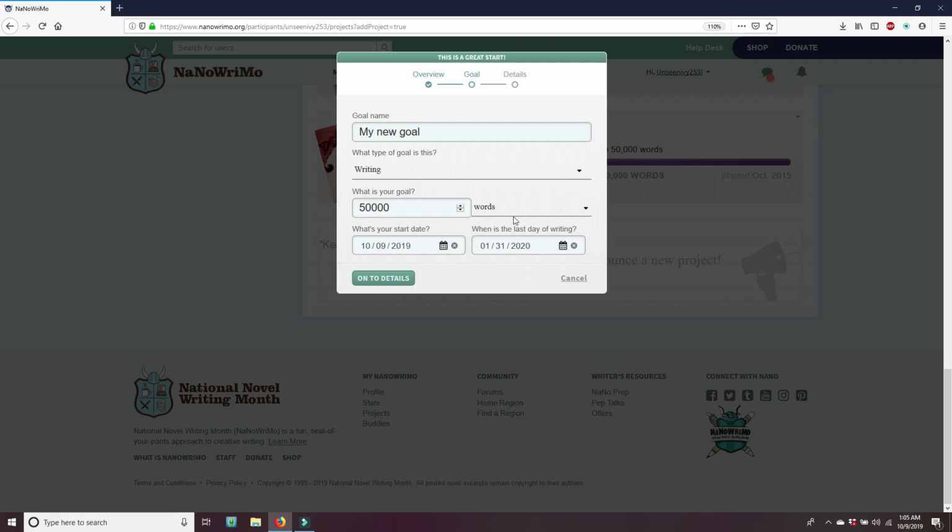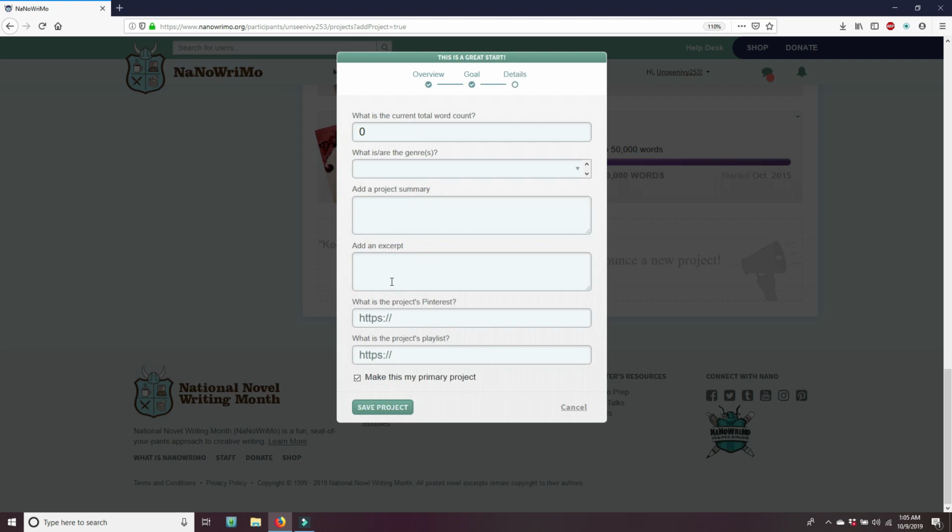But for some reason, it's not showing up here, so I don't know why. But yeah, when you're done, you go on to details. And you can add in your total word count so far. So let's just say that this has 30 words. And you can then add the genres. So let's say this is thriller and suspense, and we'll do fantasy and sci-fi because that's what I actually